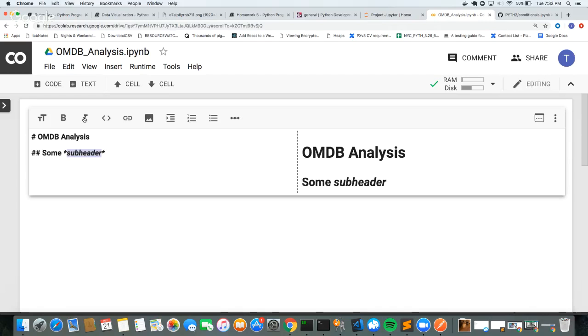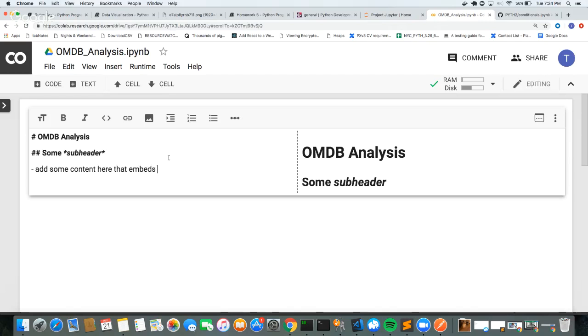So to italicize, you just have to put two asterisks right next to each other, and Markdown knows to draw it in that manner. Is that fair? Make sense? So I want you guys to explore this just a bit. I want you to go ahead and do me a favor and do this. Add some content